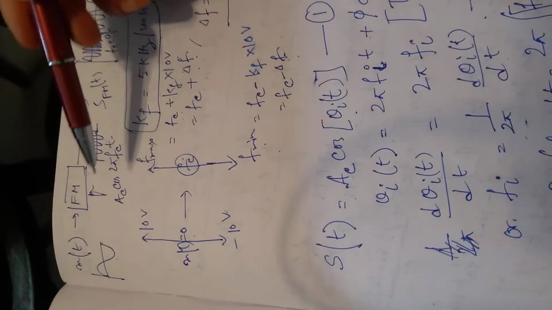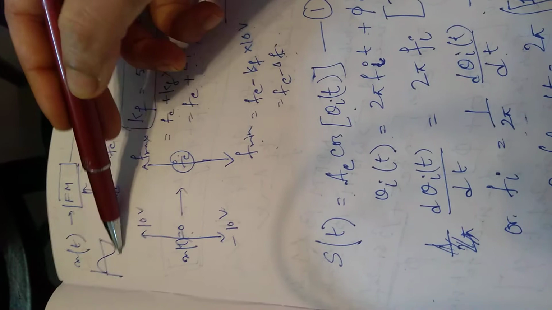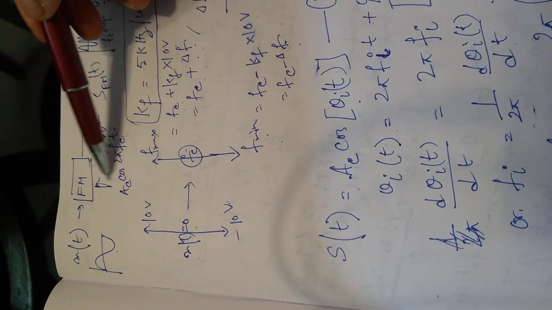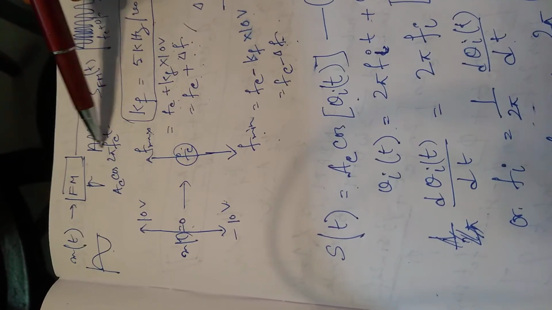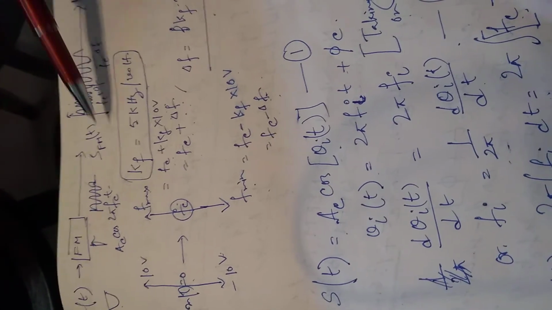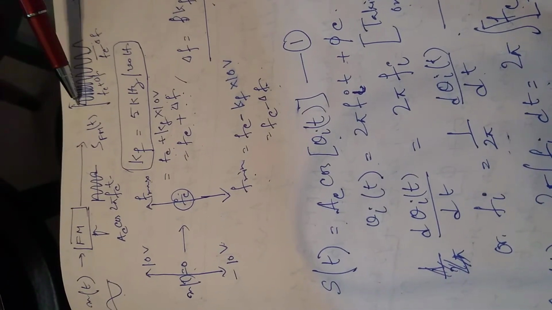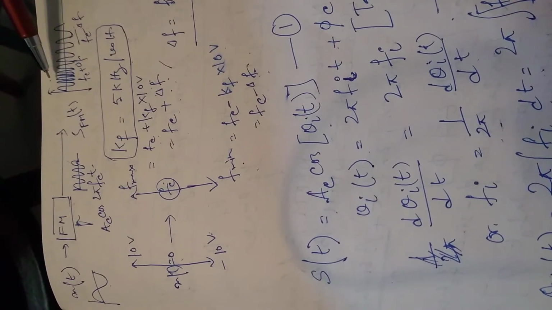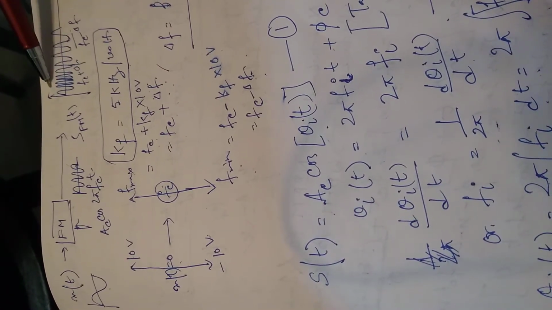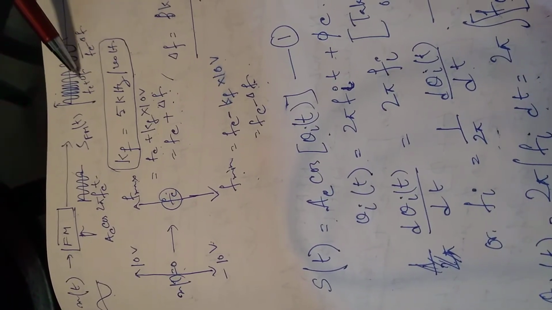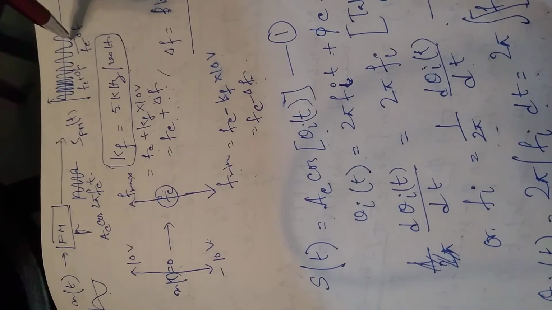That only I have shown through this block diagram, where I have passed the small frequency message signal through a frequency modulator, where it will modulate my carrier Ac cos 2 pi fc t, and it will be given this way. So it will generate my frequency modulated signal like this, where at the first instance there is no change as it is the 0th level. Then when the amplitude has increased, it is at a higher frequency, it is the carrier frequency, and at the lower amplitude it is the lowest frequency we can achieve.